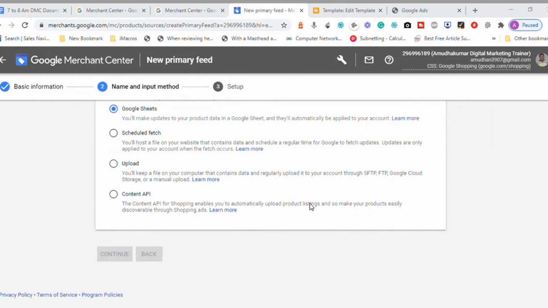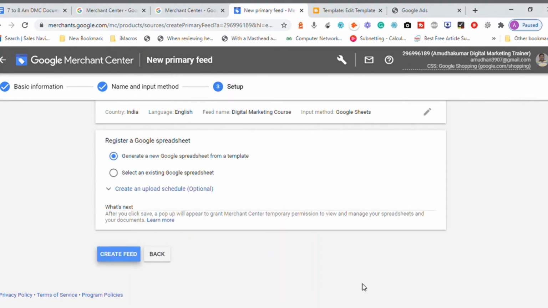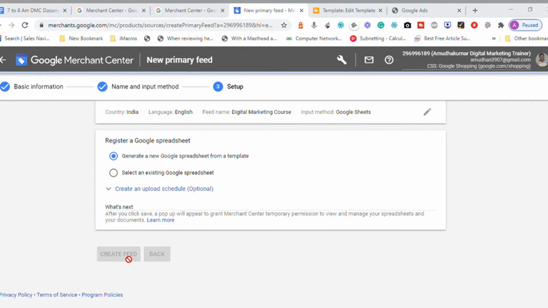Now I have to authenticate. The mistake I made earlier was choosing a different account, but I need to select the account owned by the same email ID. Now it has to authenticate. Once the authentication is done, it will create a new sheet.